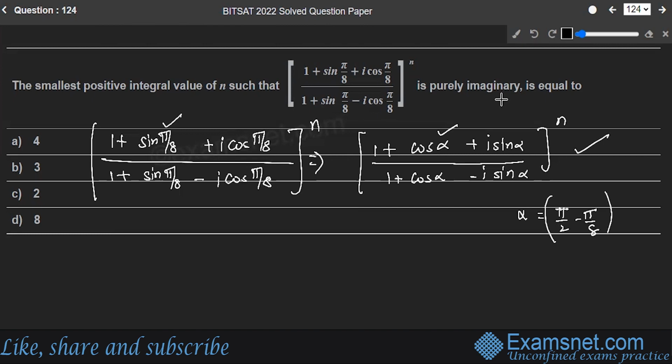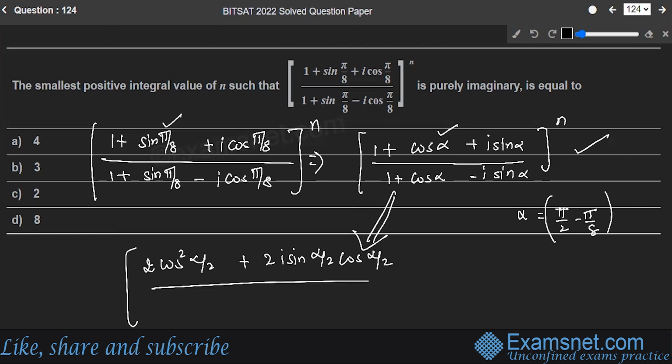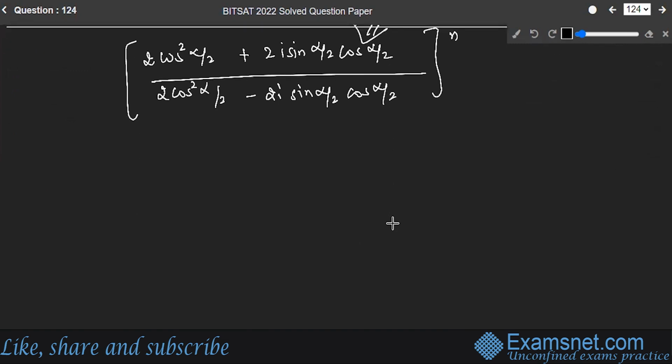Hope you understood that. Now, let's solve this one. This is equal to (2 cos² (α/2) + 2i sin(α/2) cos(α/2)) divided by (2 cos² (α/2) − 2i sin(α/2) cos(α/2)), whole power n. Dividing the numerator and denominator by cos(α/2), you will have